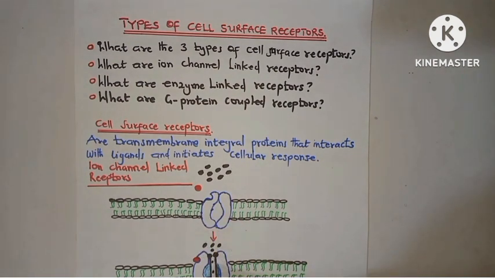And so when it opens, this is how it happens. This is the ligand here that has bound to the receptor. When it binds, the receptor gets open. When it's open like this, these are the ions passing through. And when the ions are done passing through, the receptor now